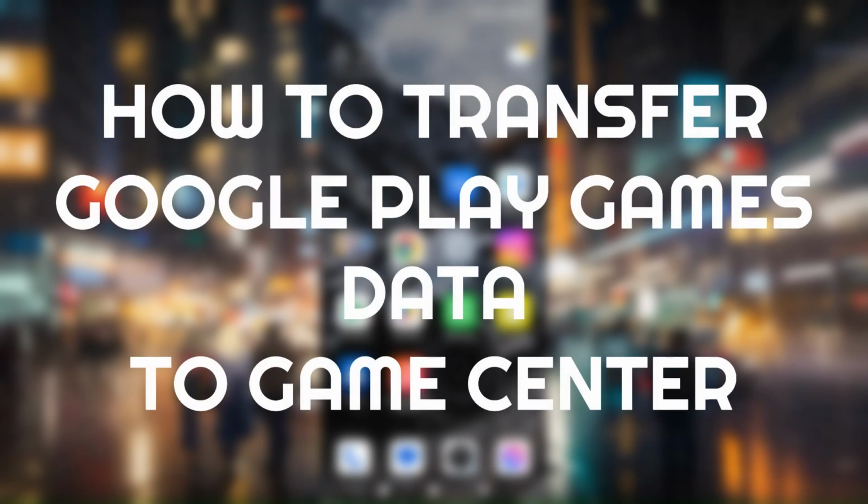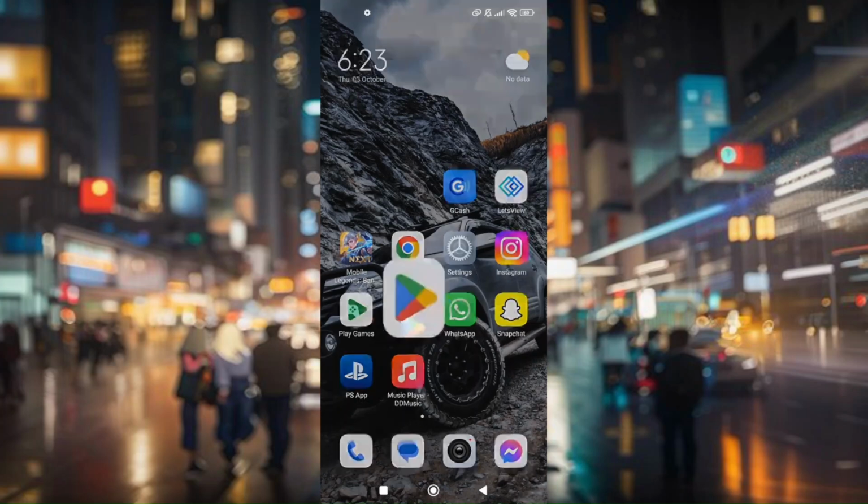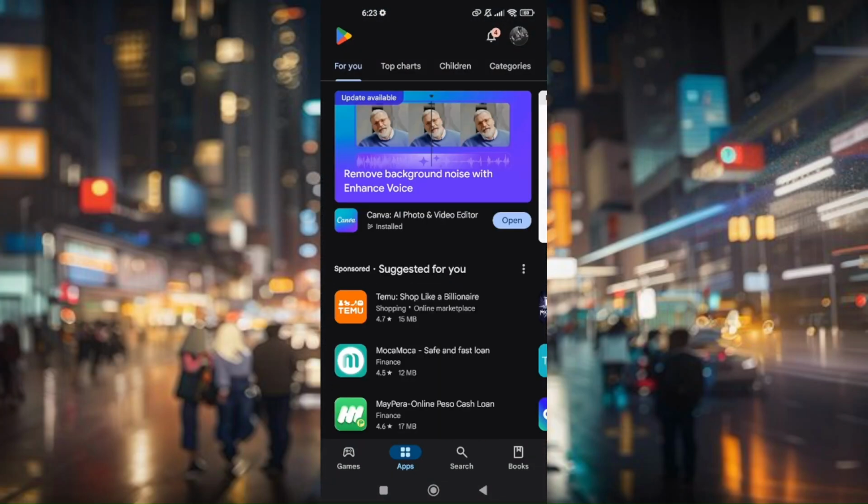How to transfer Google Play Games data to Game Center. First things first, you have to make sure that you're only using one single account for both Play Games